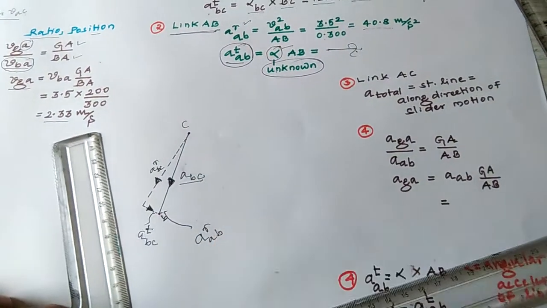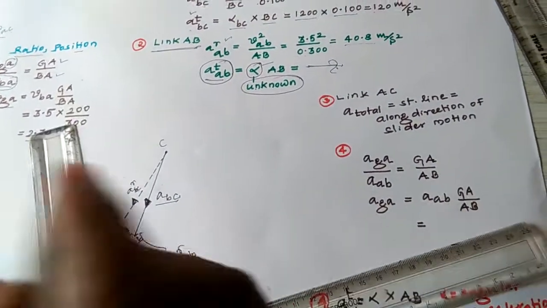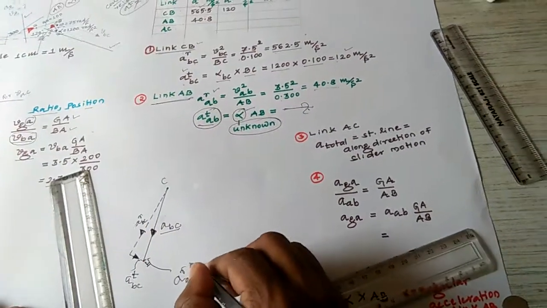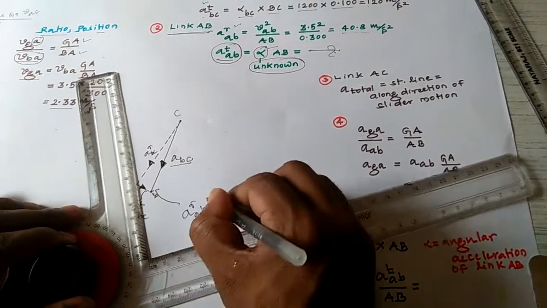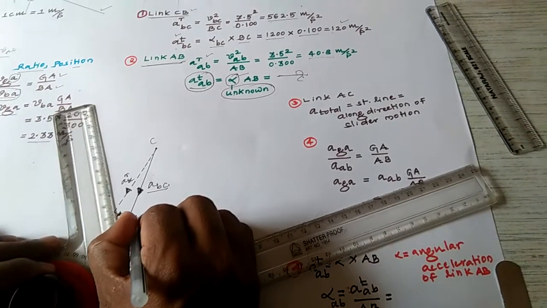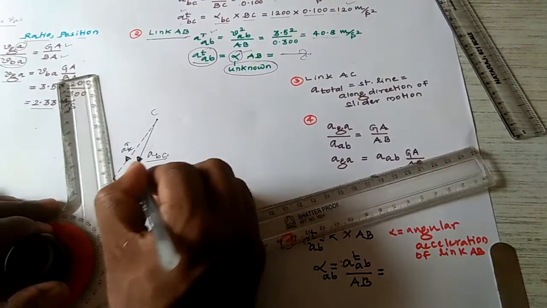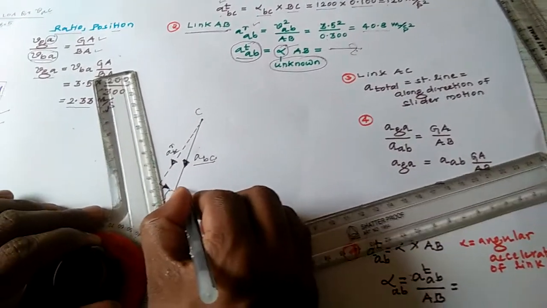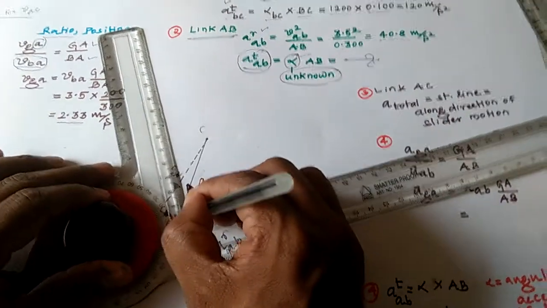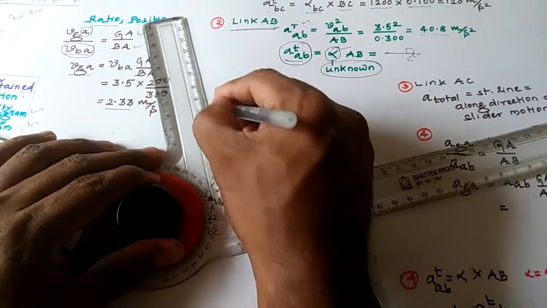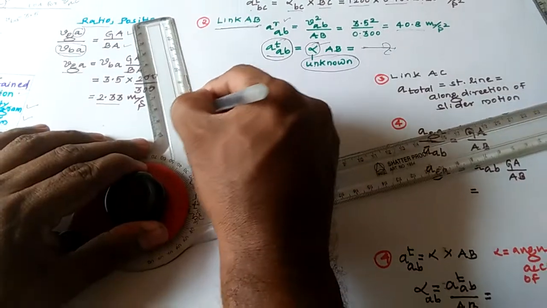This is nothing but the radial AB. What is the tangential acceleration? Tangential acceleration is exactly perpendicular to this one. This is the end point you got. The direction is in this way. Can you find it? I have written the direction here, a little bit small. Direction is this one. And exactly, the tangential acceleration of the link AB, you have to draw the perpendicular. This is also just like a line of action only.